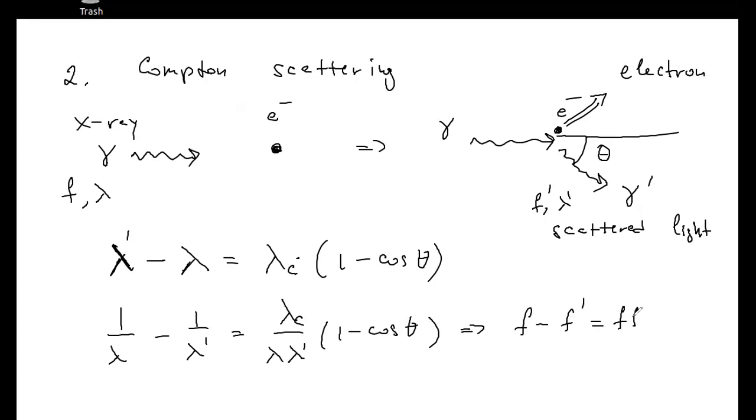So f minus f prime, correct me if I'm wrong, equals lambda c over the speed of light, times 1 minus cos theta. It doesn't really matter. What does matter is that there is a shift in frequency, and it was hard to